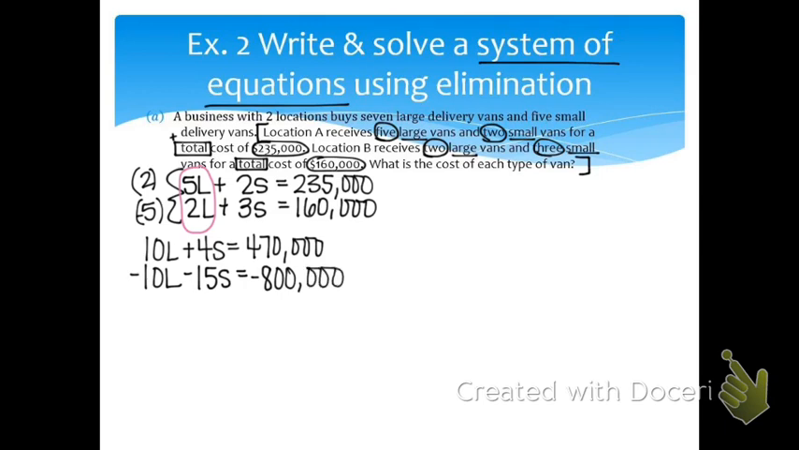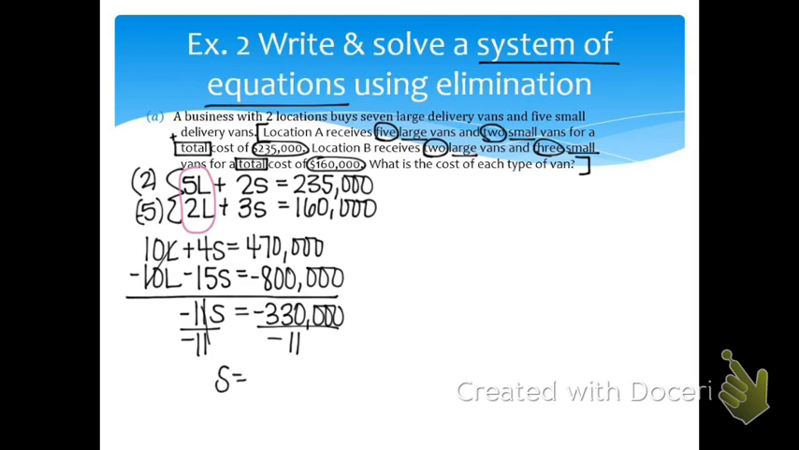Negative 800,000. Can we eliminate the L's? Yes. So 4S minus 15S leaves us with what? Negative 11S, and that equals, now be careful, 470,000 minus 800,000 gives me how much? Negative 330,000. And how would I finish solving this for S? Divide both sides by negative 11. So S equals